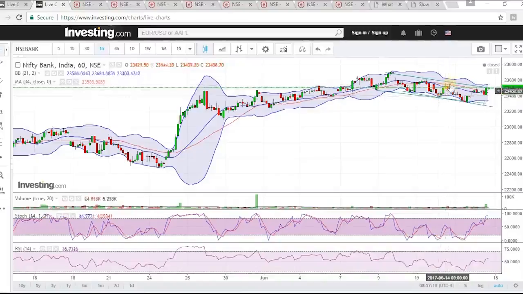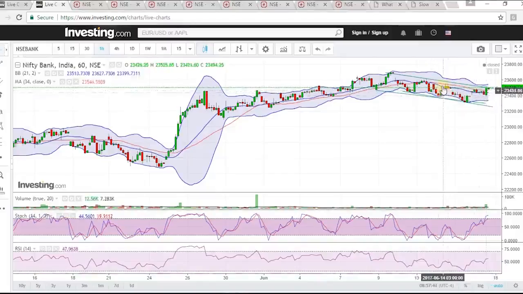And 1, 2, 3, 4. So again entering long from the edge of the trend, and again going short at the mid-Bollinger level. So this kind of trade someone could have taken 3 to 4 times, so 500 to 720 points in Bank Nifty, that is 20,000 to 28,000 someone could have made in range trading in the Bank Nifty